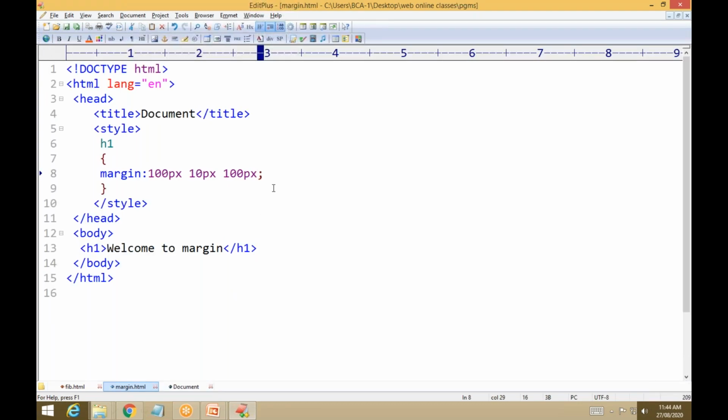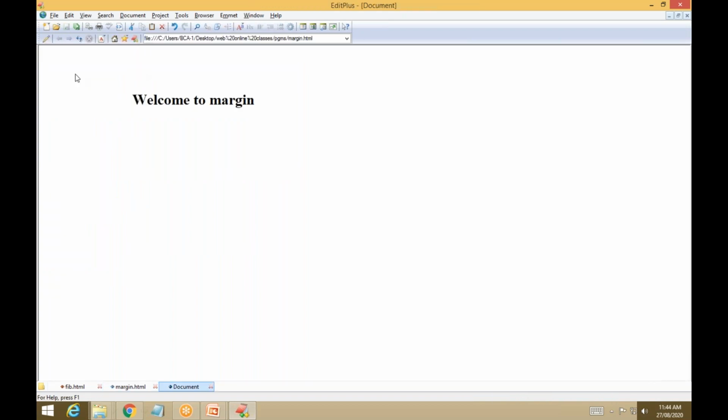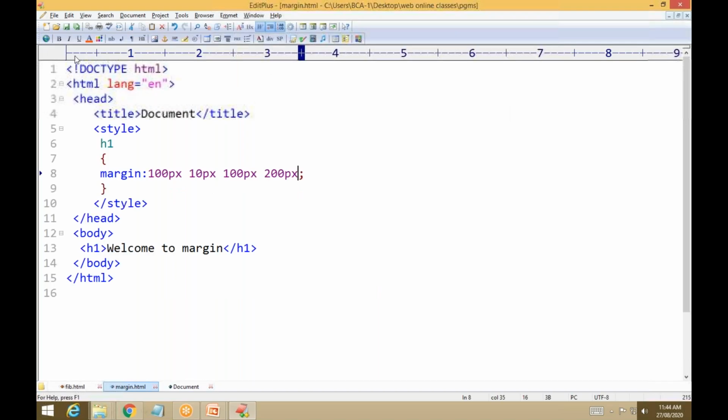Then after that the next one is 200 px, that is the left side. Okay, the left side of the browser window. See, now this is 200, this is 100, here's 100, here's 100. That is how it takes, but it is not the full space. Here it is taking 100 only. Sometimes people give it like this.